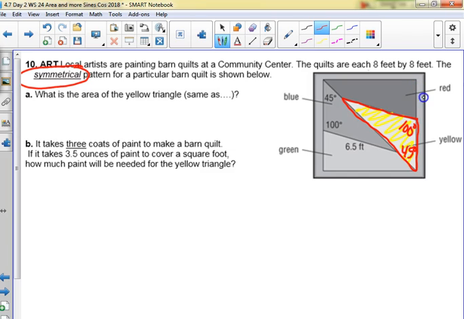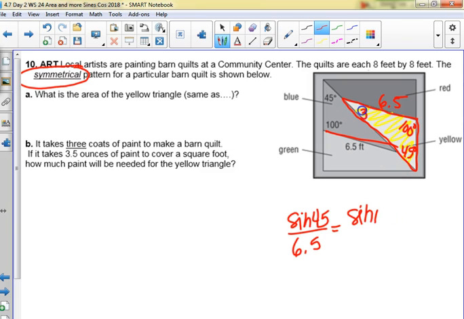And if it's symmetrical, oh, the other thing we know, I was going to say it divided this in half, but I don't think it does. What we know is this 6.5. I'm sorry. So this is 6.5. So in order to find the area, I'm thinking I need to do law of sines to find another side. So I'm going to set up the sine of 45 is across from 6.5 in the same way that the sine of